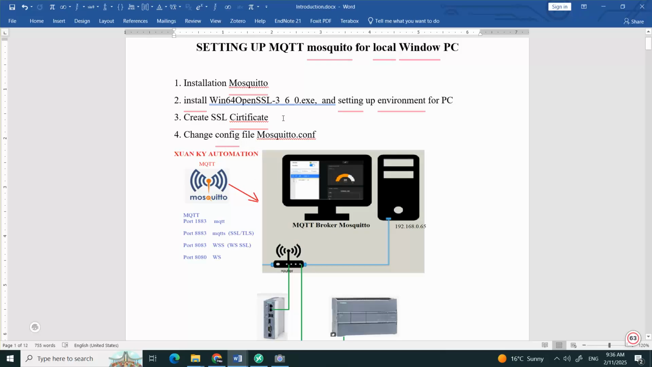We use this software to create the certificates, and then the steps to create certificate authorization as well as authentication. This means a username and password for the local broker. And number 4, we will change the configuration file, mosquitto.conf. You have plenty of instructions in videos on the internet, but my video is so much different. It's a complete all-in-one. So you can set up port